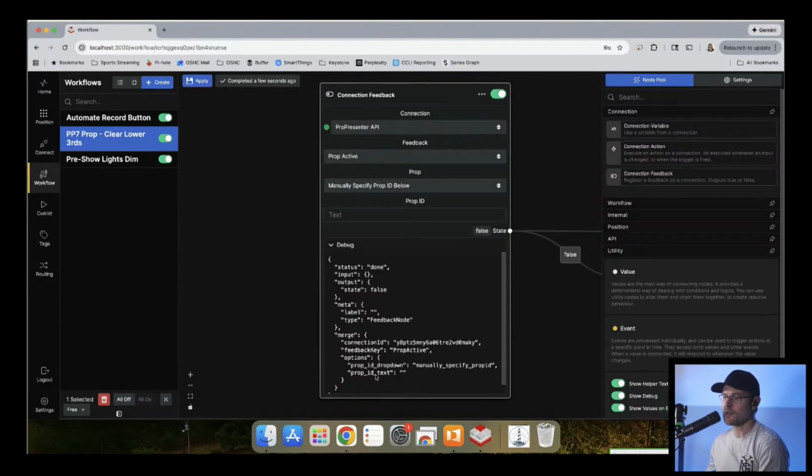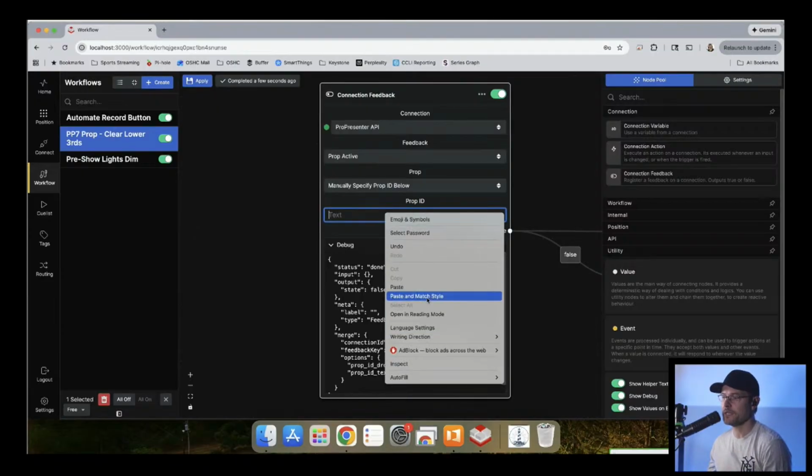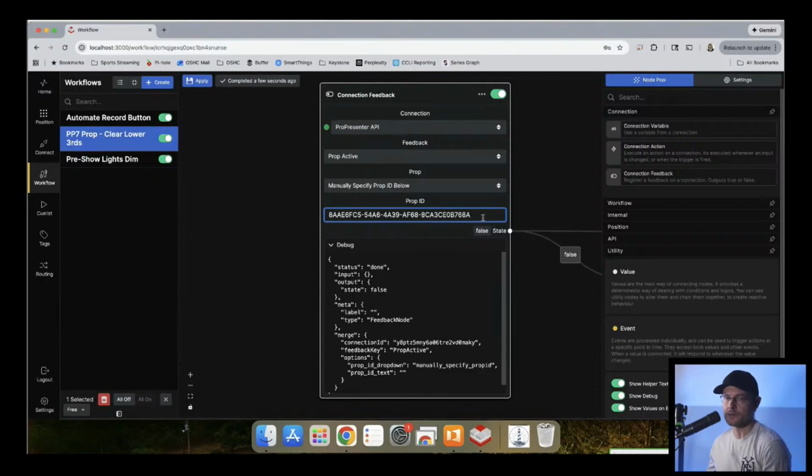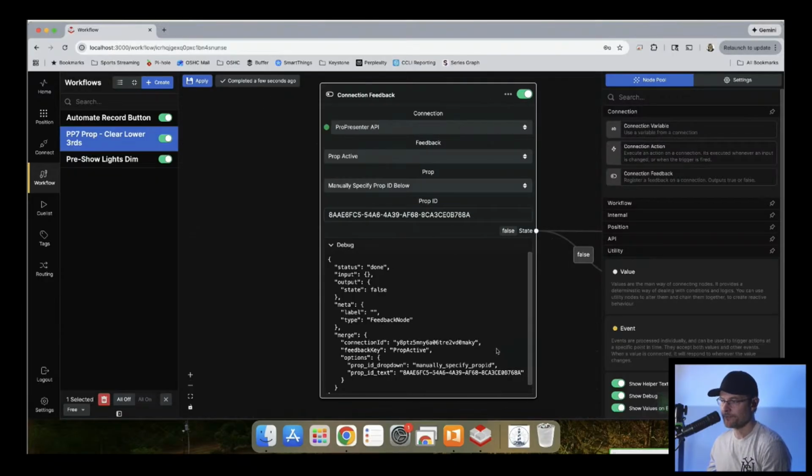This will tell you prop ID text, and then it has two quotations. Inside the ProPresenter API documentation, which I'll show you in a second, the clue is what's between those quotations, and it's going to be that big, giant, long number. This took me forever to figure out. So it's going to be that giant number, and you're going to drop that in here as your specified prop ID. All right. Now, how do we get that information?